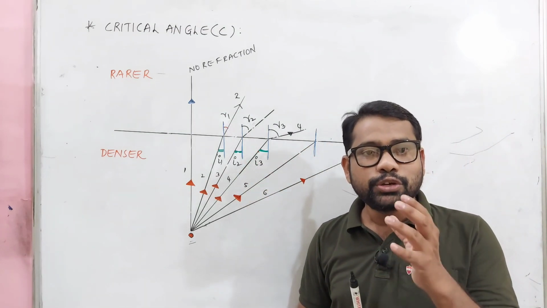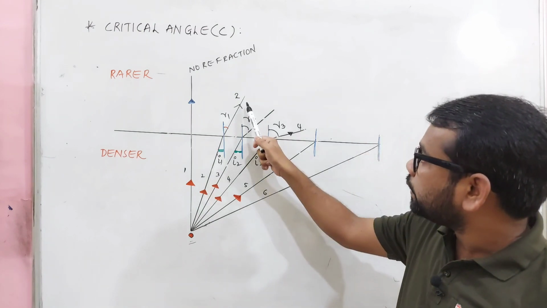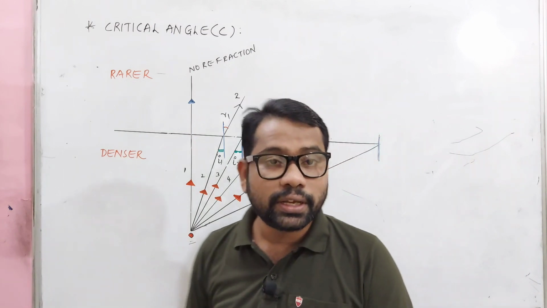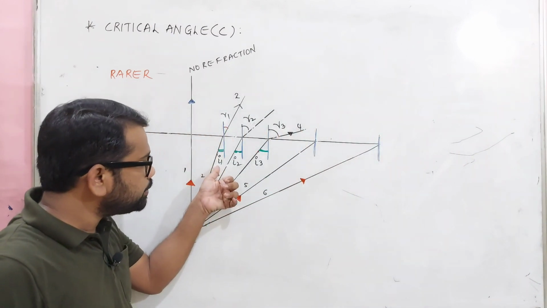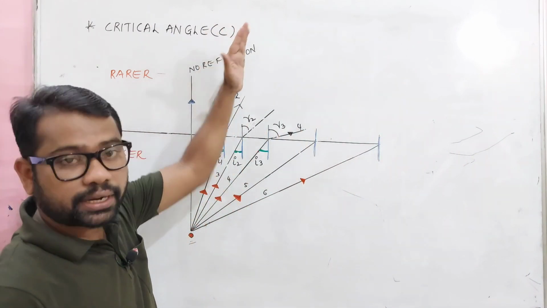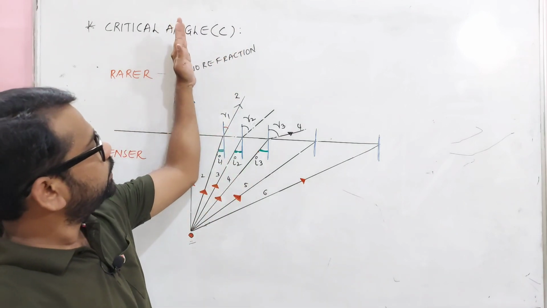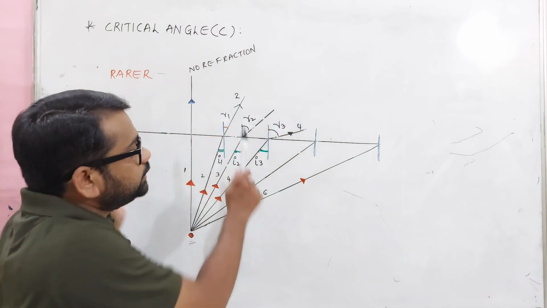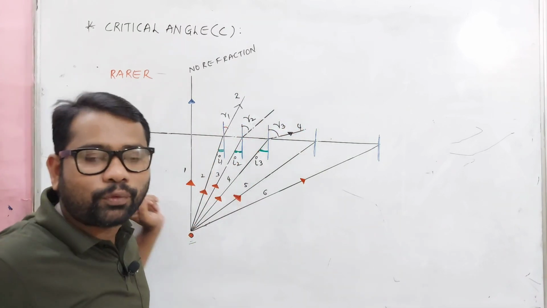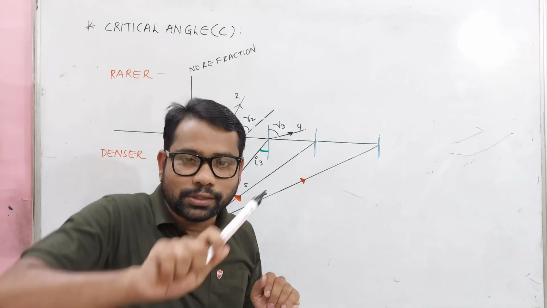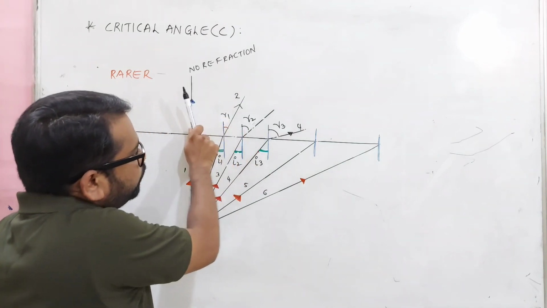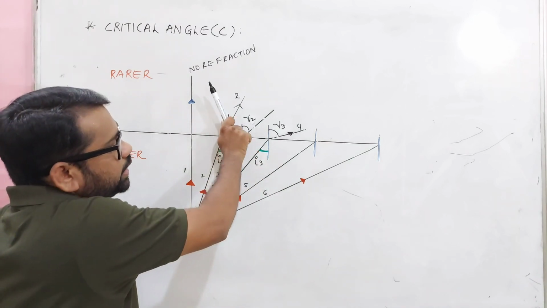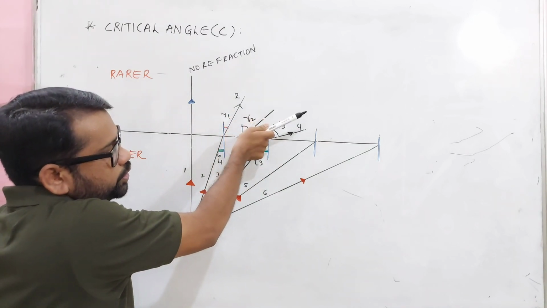Which means what? Due to which what is happening? This refracted light ray is approaching the interface. Which means what here? As the angle of incidence in a denser medium is increasing, this refracted ray, look at here, first it is going like this, next it is like this, next it is like this. This refracted light ray is like a clock, okay? It's like a clock, tick, tick, tick, tick. So this is how actually the refracted ray is coming towards the interface,